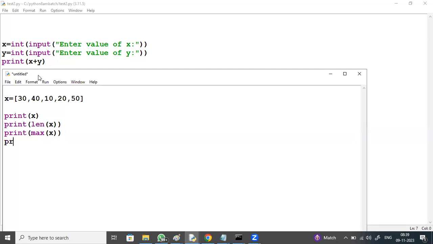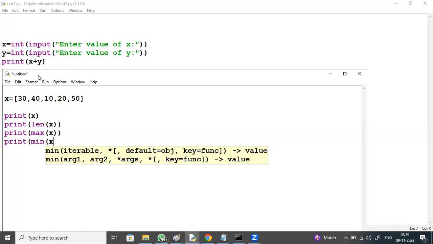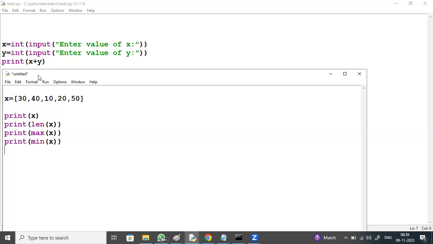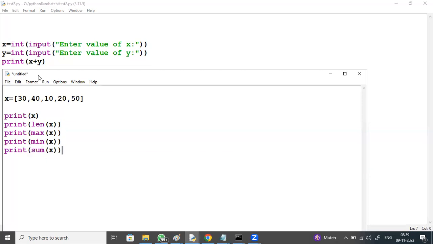Max of X is 50, min of X is 10. Print sum of X, the sum of all these elements: 30 plus 40 plus 10 plus 20 plus 50. Even if you had 100 elements, it finds the sum of all the 100 elements by just saying sum of.